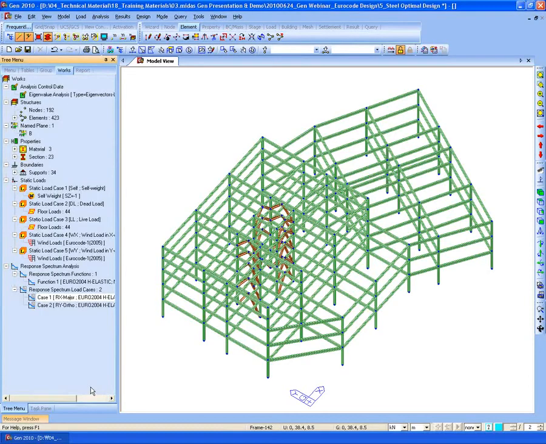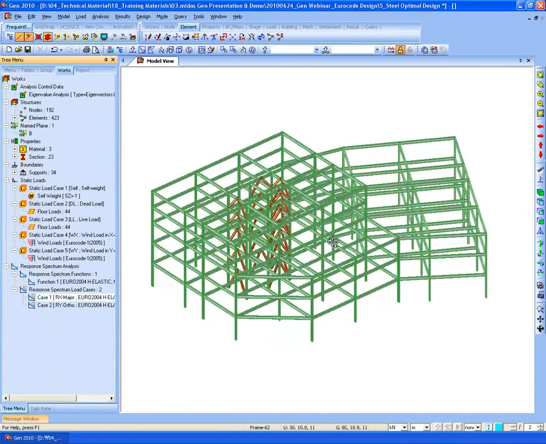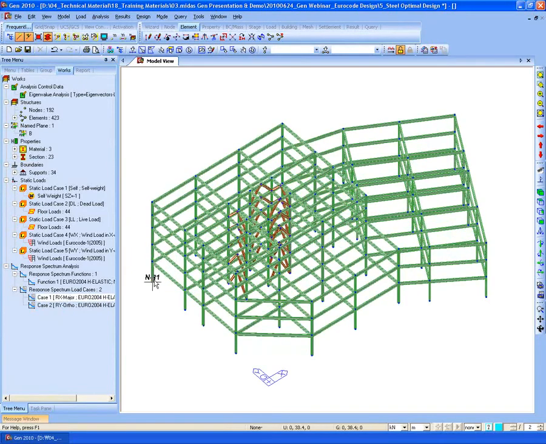There is another question about the member types. When you perform design or analysis, what happens if we define the member type or not? Firstly, if the member direction is parallel to the global Z direction, it will be considered as a column.